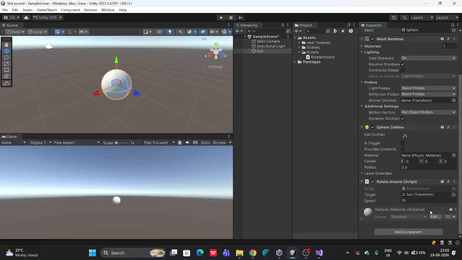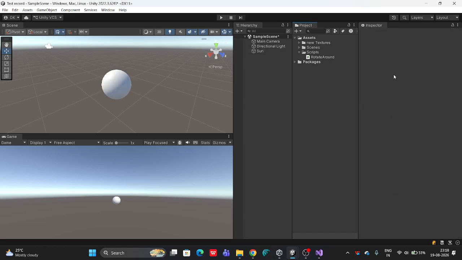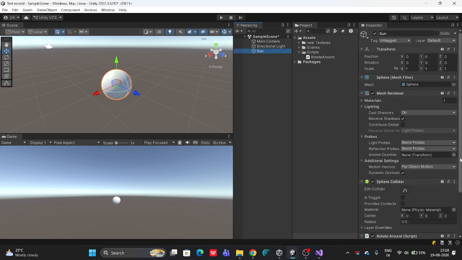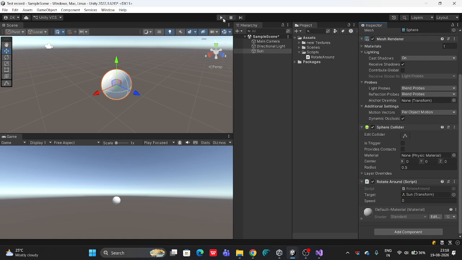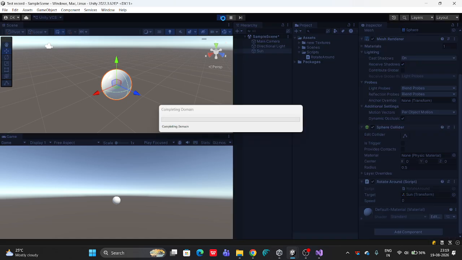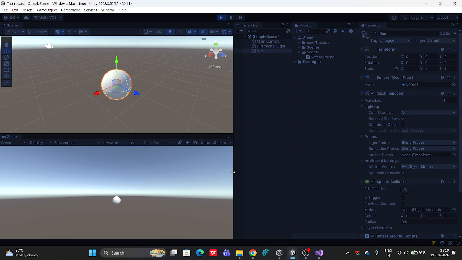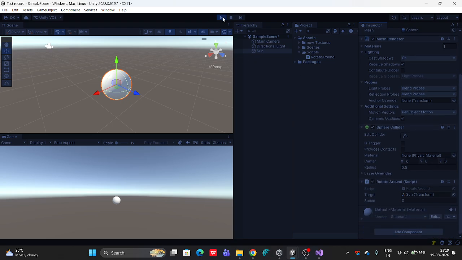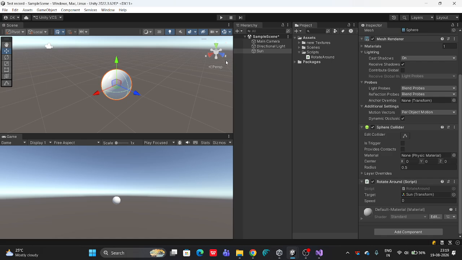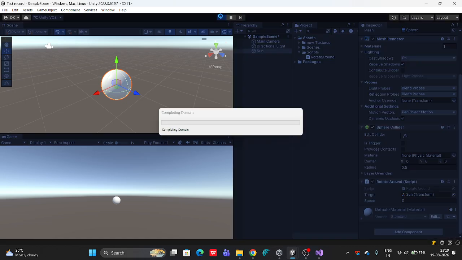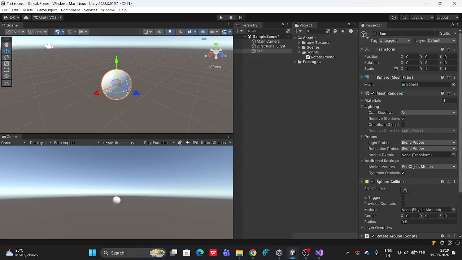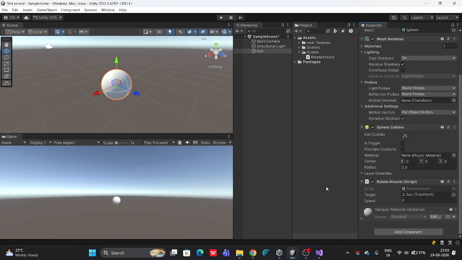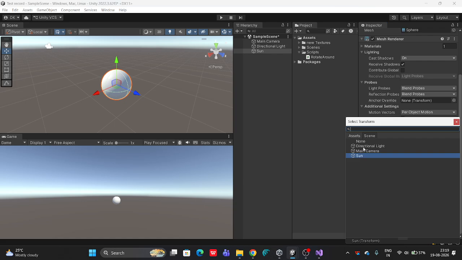So if I don't give a parameter here, and if I give only 0, then probably on the display we see that it's not rotating at all. And whenever the target is null,